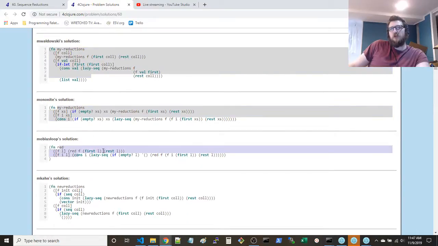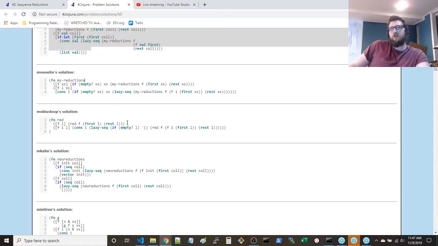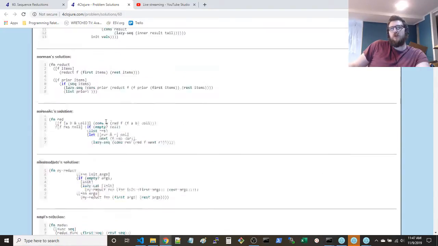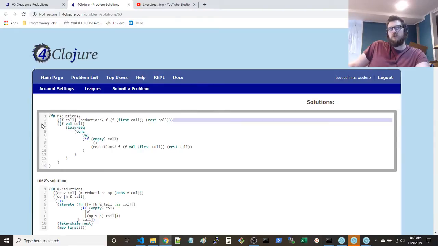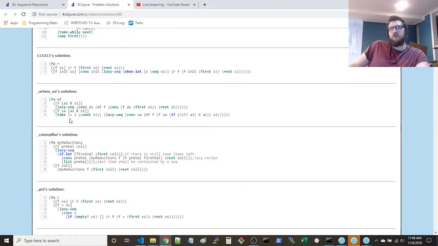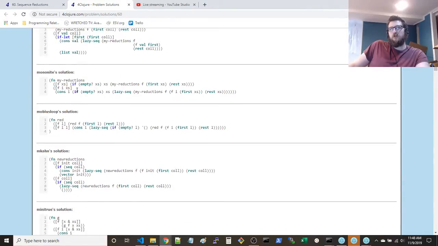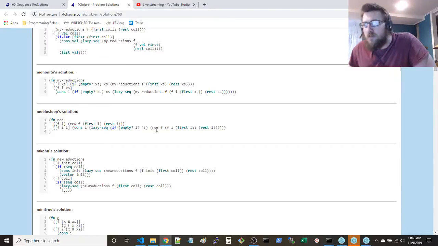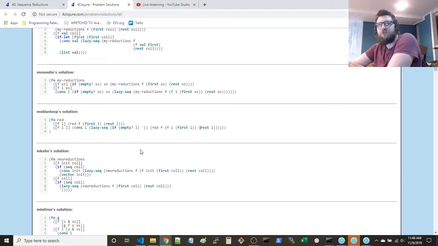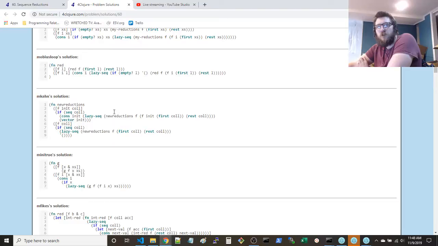But yeah, it looks like just about everybody had a similar kind of expression here. How did I organize this? I did put this on one line, although this I spread into multiple lines, but I could have put that all in one line. What's interesting is the cons and lazy sequence could be swapped the other way around.